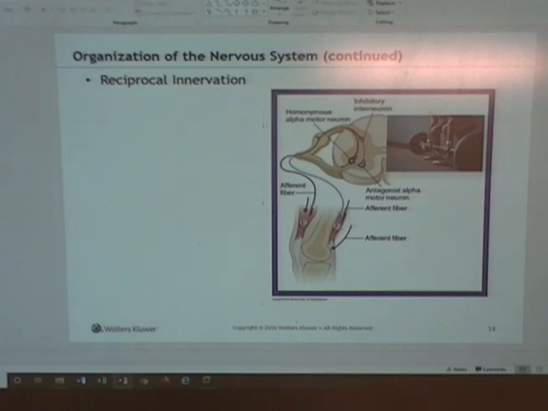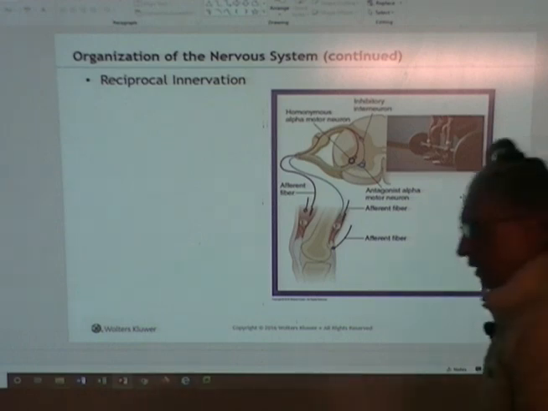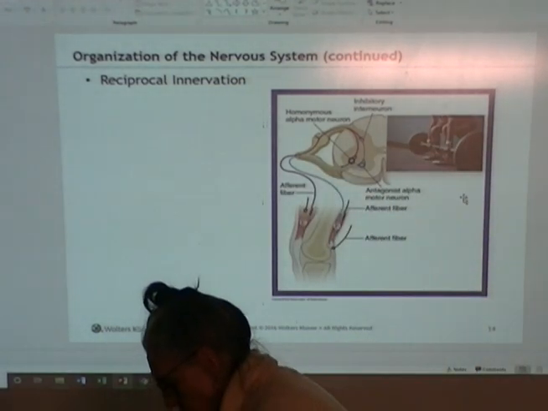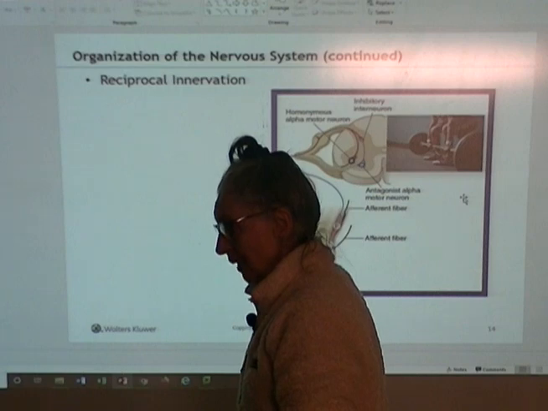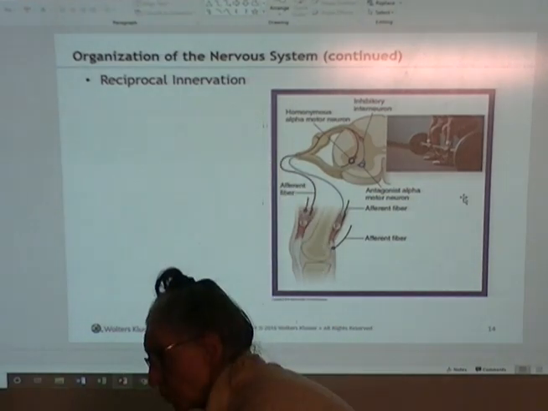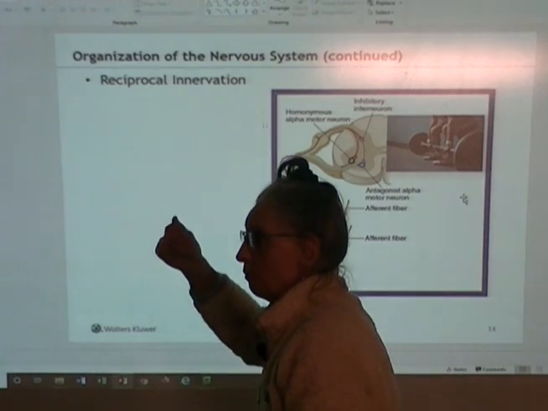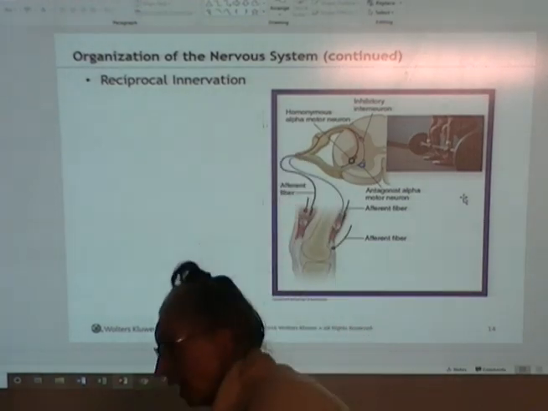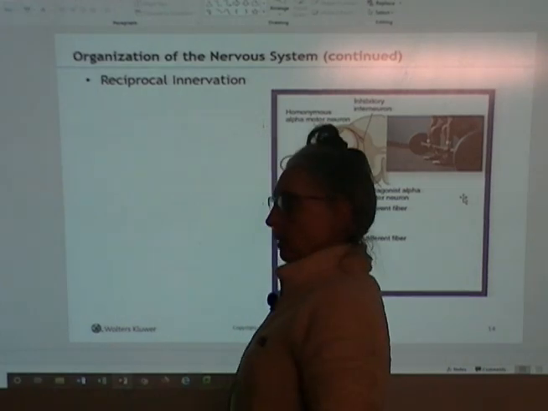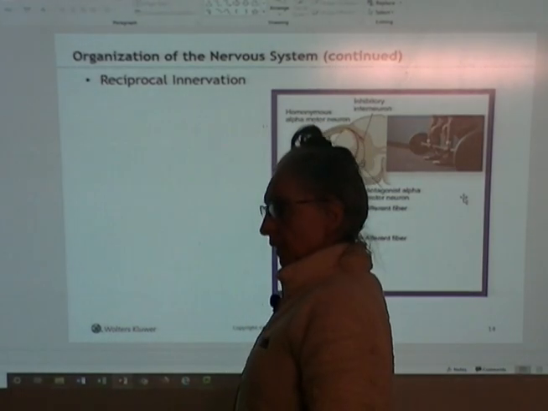So the example that they're giving you here is like a lift, pull of the bar. If my quads are going to contract and extend my legs, then my hamstrings have to either turn off or at the very least turn down